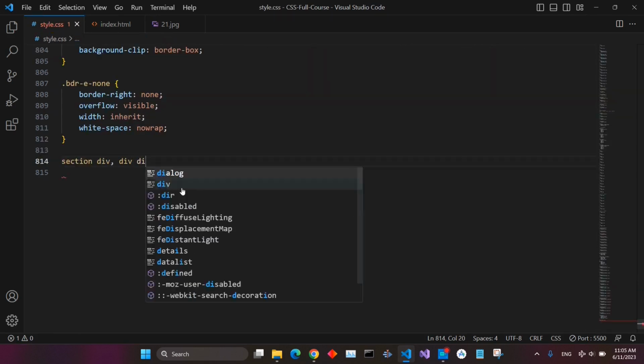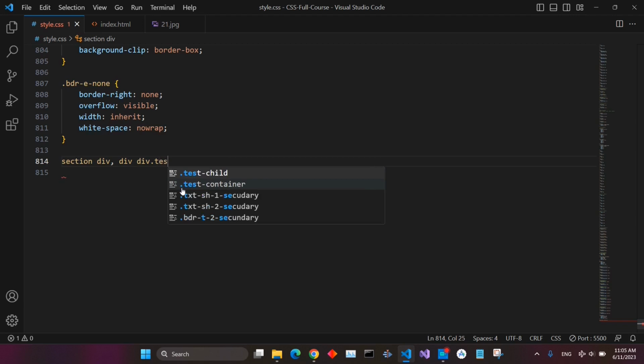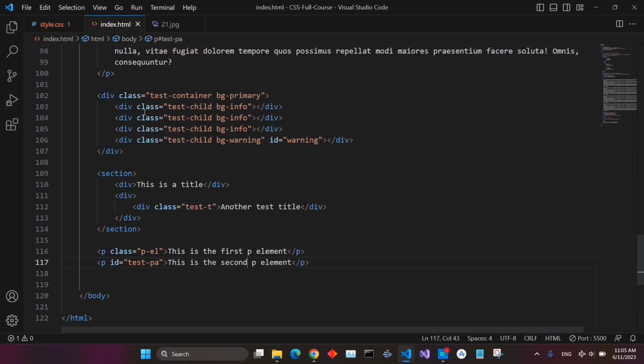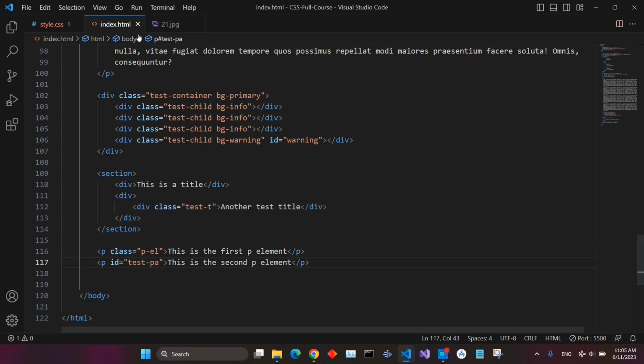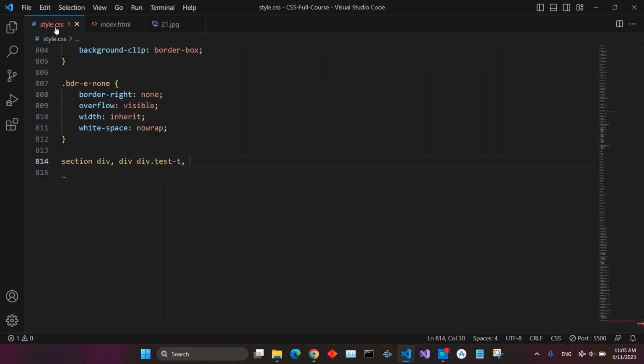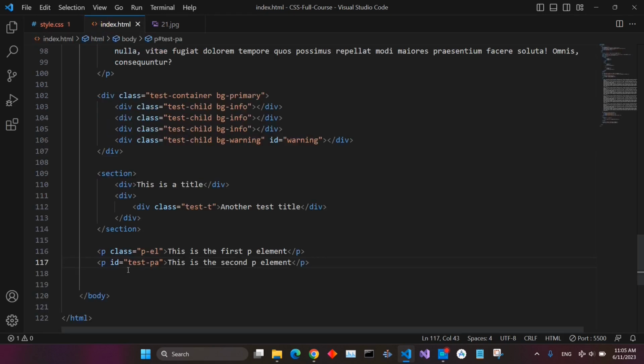Use div dot test t, and then we want here this paragraph element with the class pel, dot pel, and this one has id test pa,